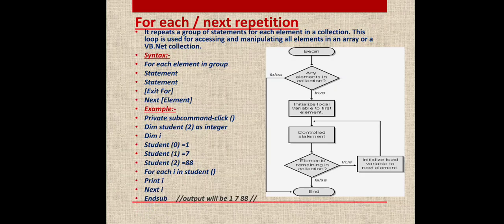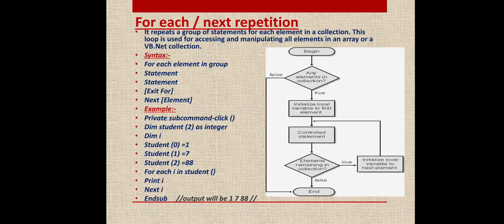So what happens actually in this program, we write For Each I in student, means every time this I will check the array element, and it will start from the location 0. First the I will check this location 0, that is student 0, that means it will print 1. After that, next I, it will move to the next element, that is student 1, it will print 7, and after that it will reach the last element of the array, that is 88, it will print 88, and